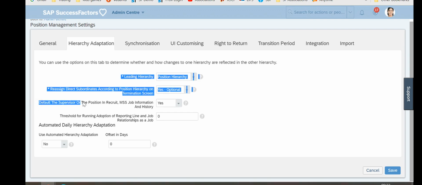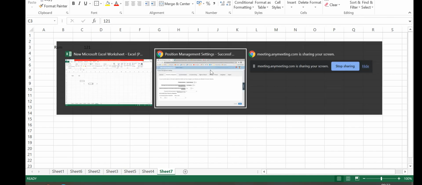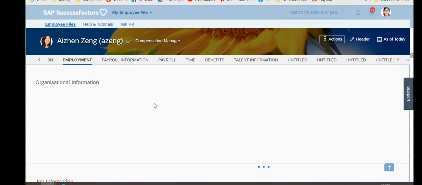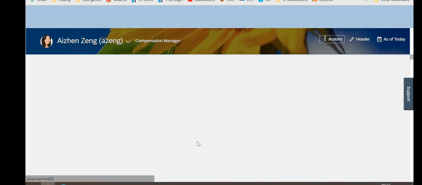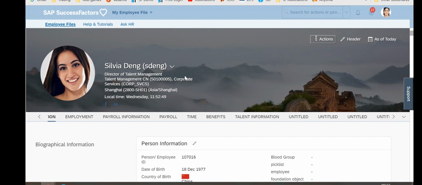Next, we have default the supervisor or the position in recruit MSS job information. So normally, on the job information you have a field called manager position. Let me show you. In job information, look, it shows as supervisor. So this person will be your manager. So what will happen is from the position, whoever is occupying that position, that person,